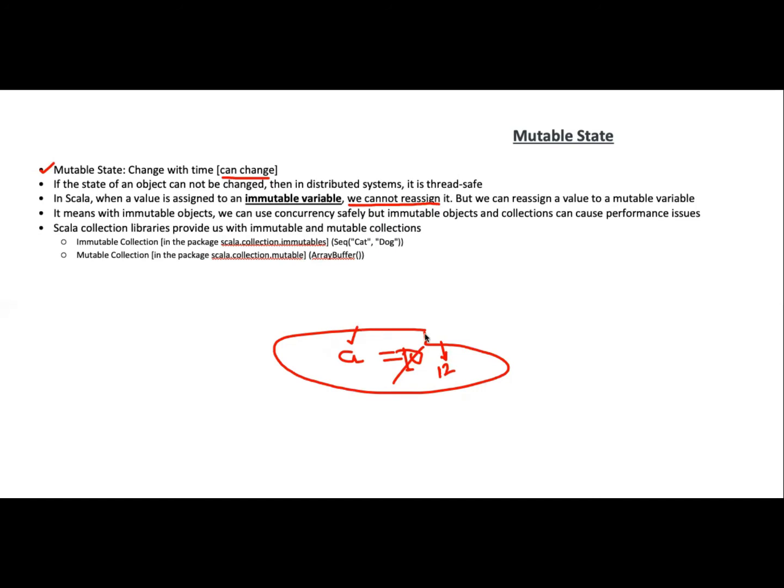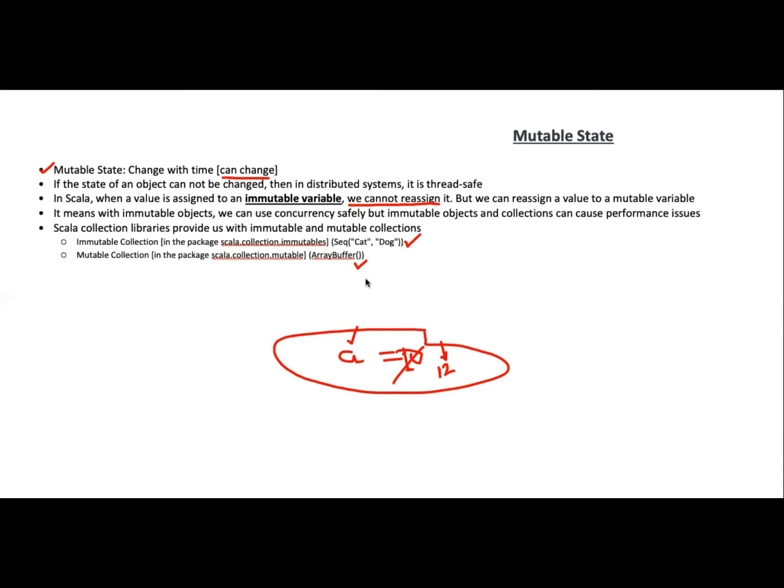I'll talk about these collections later on. In Scala we have two types of collections: mutable and immutable. If you create an immutable collection, once you have created it, this array would always have cat and dog. You are not supposed to change this collection. But with a mutable collection, whenever you are accessing it, you can change it over a period of time as well. So Scala provides you both functionalities according to the needs of your application. You can use immutable and mutable collections inside Scala.